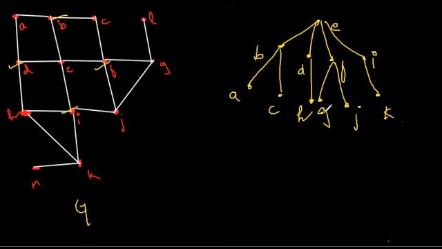So next we have to move on to G. G is connected to a new vertex L, so that will be our level 3. Okay. Now apart from that, J is connected to I, G and F, which has been already included in the spanning tree or the subgraph. So finally we have K. K is connected to a new vertex M, so here I'll add M. So this is the spanning tree.